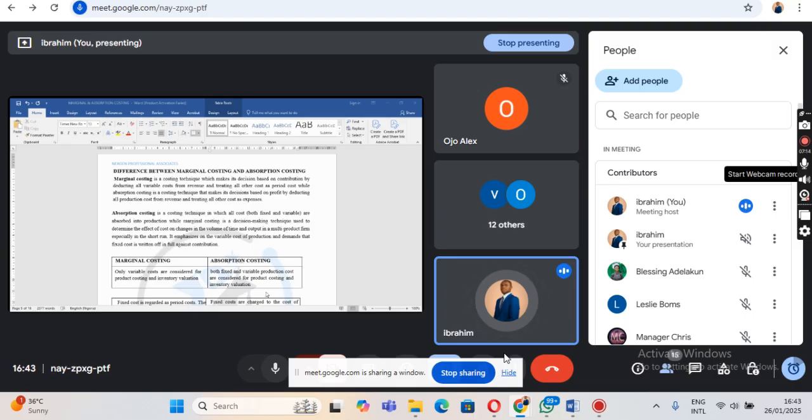Now, in marginal costing, the decision is based on contribution, right? Is based on what? Contribution. While under absorption costing, the decision is based on what? The profit made, right? Now, the format that we will use for absorption